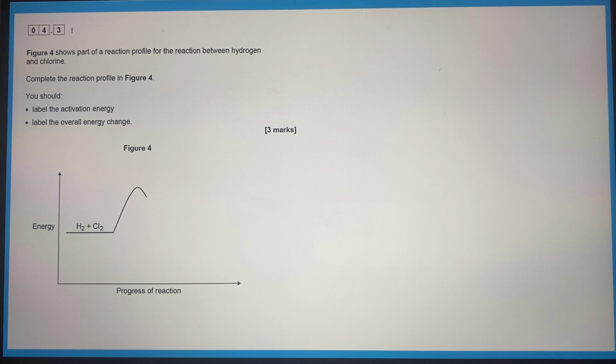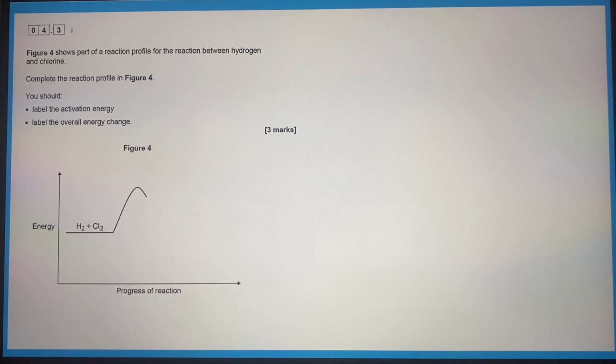Figure 4 shows part of a reaction profile for the reaction between hydrogen and chlorine. Complete the reaction profile in Figure 4. You should label the activation energy and label the overall energy change. 3 marks. We've seen in the previous question that in this reaction between hydrogen and chlorine, the bond energy of